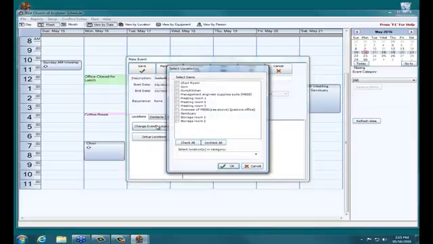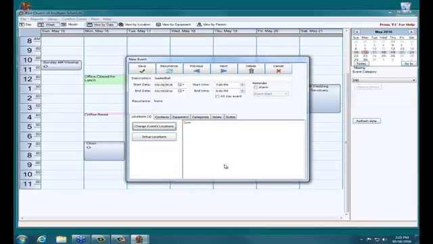Basketball, we'll go ahead and just put a location here because they're in the gym. However, this is going to occur every Thursday night for the next 8 weeks. So rather than having to go set this up every single Thursday, we can easily click recurrence up